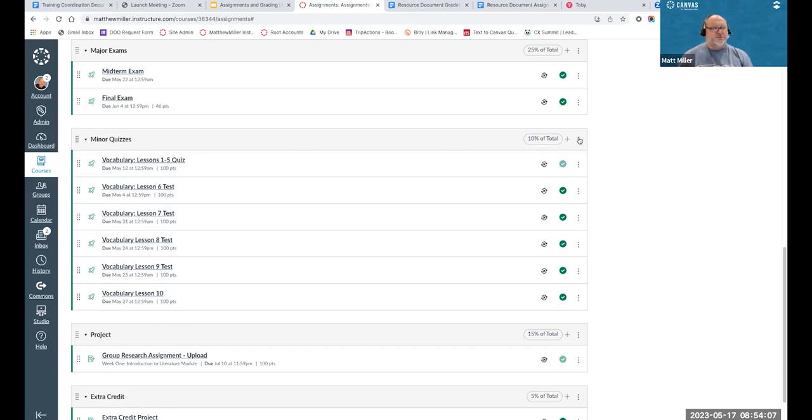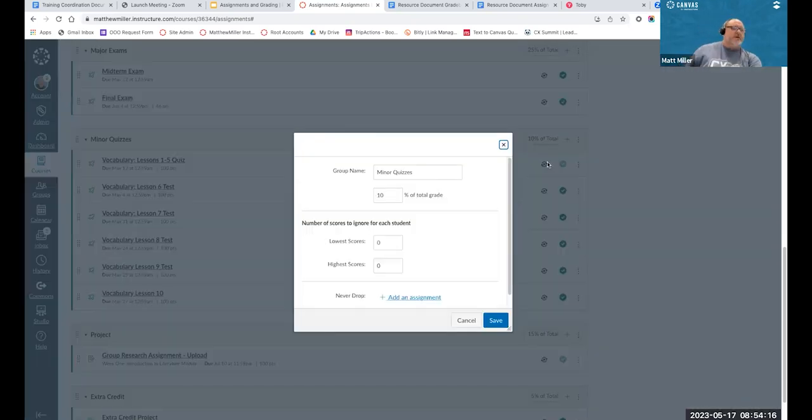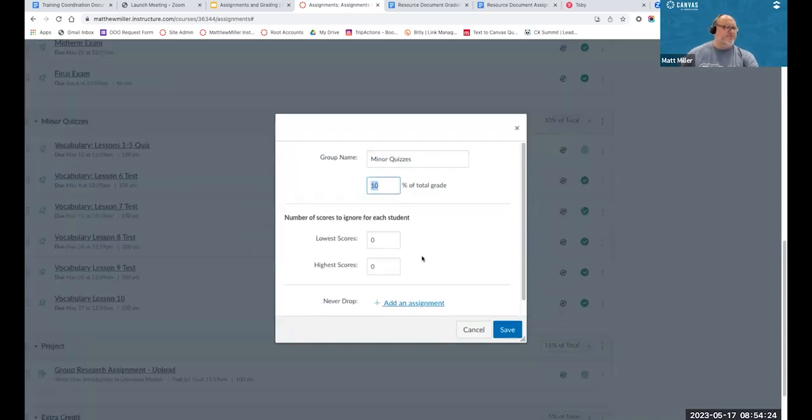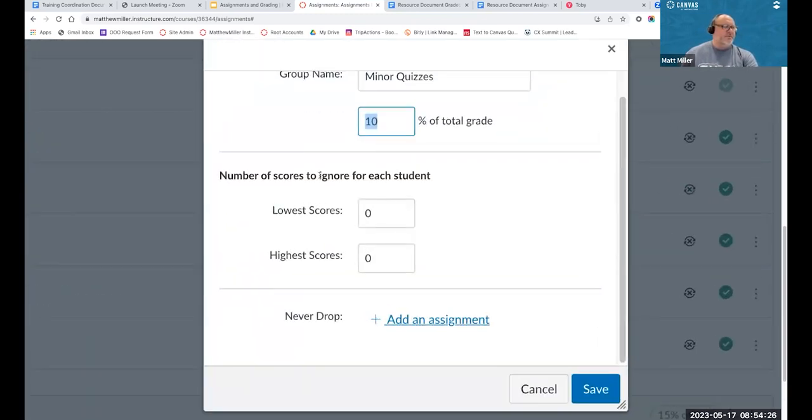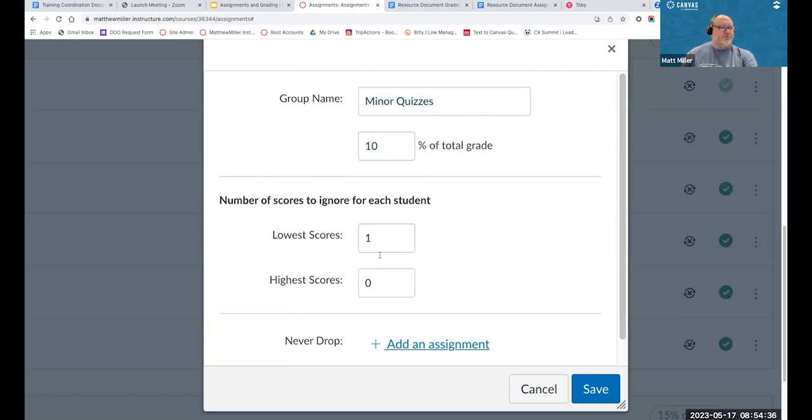you can go over to those 3 dots there. And by the way, you see all the weights that have been added now that we've added our weights. I'm going to go to those 3 dots and I'm just going to go to edit. When I choose edit, you're going to see there's the name of our group. There is the percentage that we assigned it for weight, but look down here. The number of scores to ignore for each student. If I want to drop one lowest score, and I could do more if I wanted to, from this minor quizzes group, then I can just put a 1 there and hit save, and Canvas will drop whatever the lowest